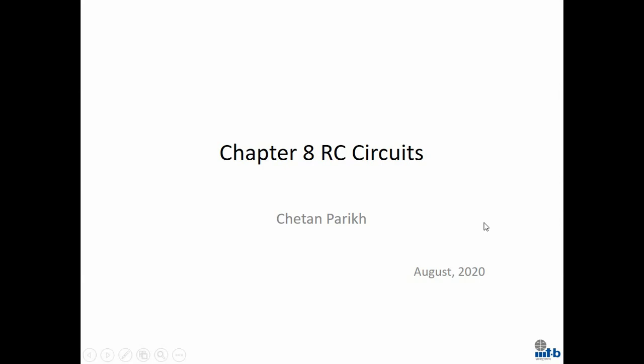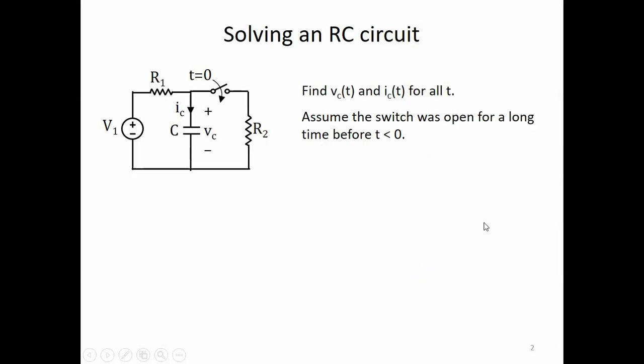So this is the first of two lectures on chapter 8, which is about first order RC or RL circuits. So let's begin by studying this simple but not the most simple circuit in some detail. So we have a voltage source, a resistor, a capacitor. There is a switch and another resistor, and the switch is open for t less than 0, and the switch